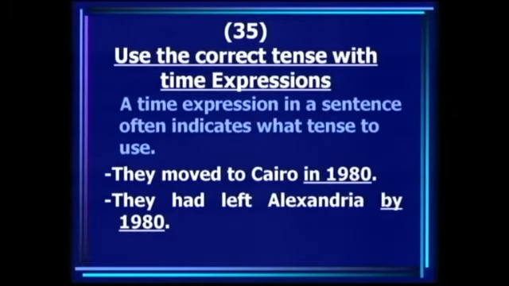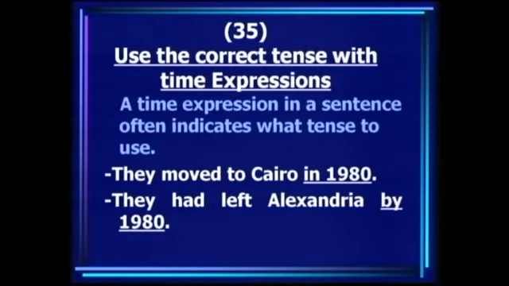All right? They moved to Cairo in 1980. أنا هنا بقول في وقت محدد، في وقت محدد أهو، سنة 80. يبقى لازم استعمل ايه؟ Past simple tense. لكن بصوا على الجملة اللي جاية دي. They had left Alexandria by 1980. By 1980 يعني ايه؟